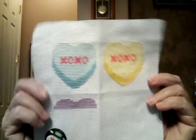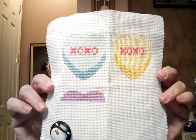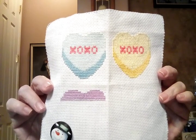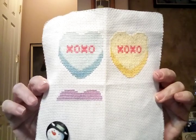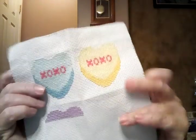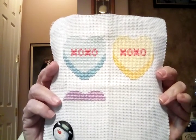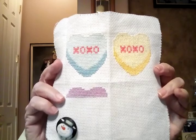Besides that, this week I've continued working on Candy Heart Chart by Fat Quarter Shop, fatquartershop.com, I guess. And the pattern looks like this, and I'm going to do the other two more colors. The purple one seems to be coming along a lot better, and I think that is largely due to my sister Naomi. If you've seen our Three Sisters Creative YouTube,